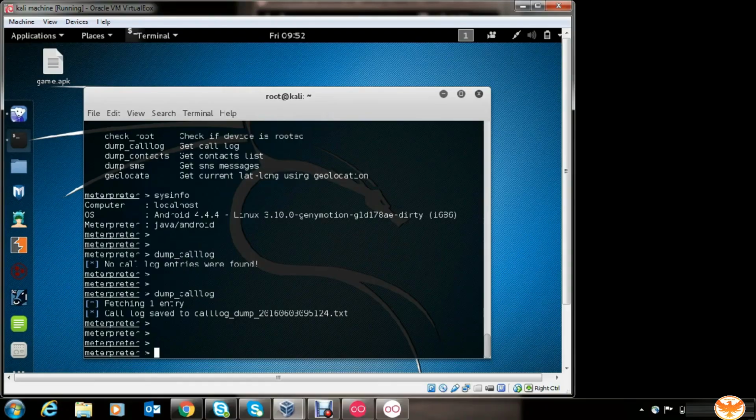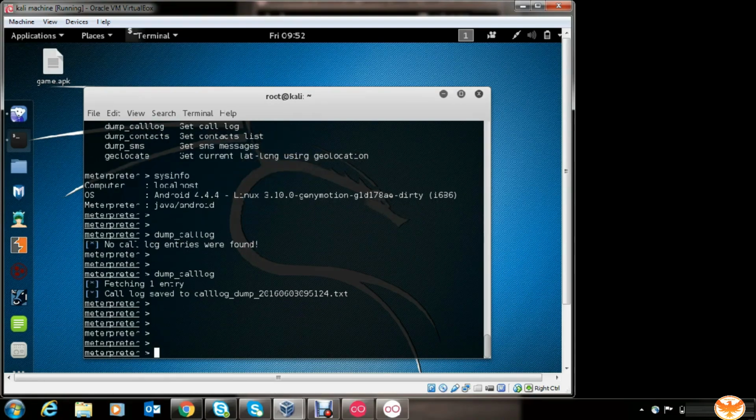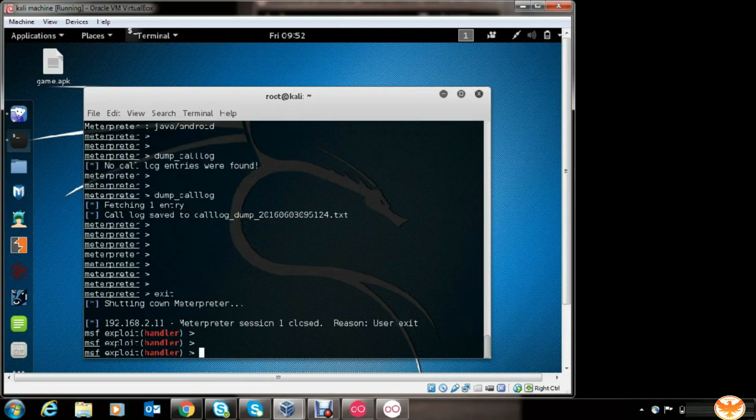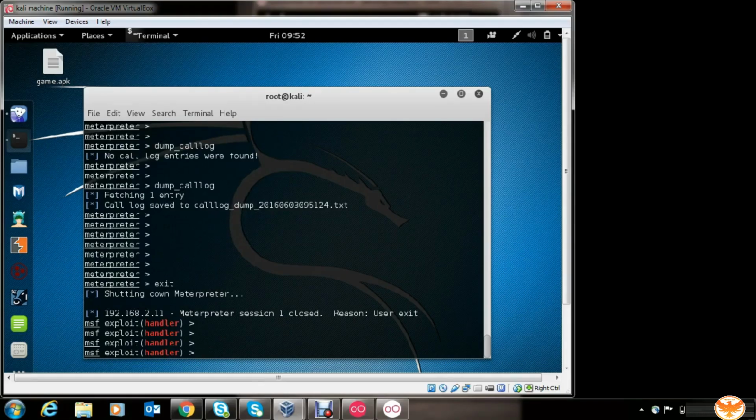The call log was saved to this file, which you can find in the root directory. We'll do a cat call log. Here you can find all the information. This is the victim's IP address and the number on which the call was